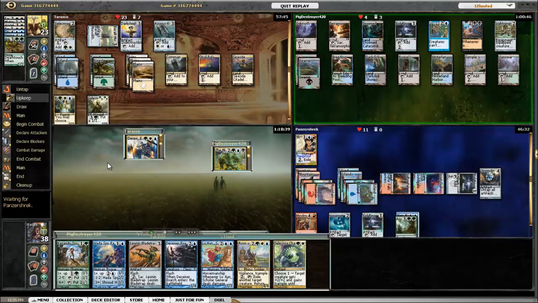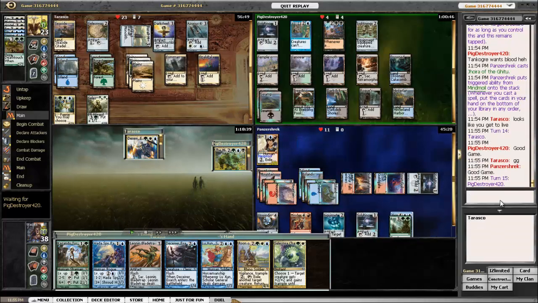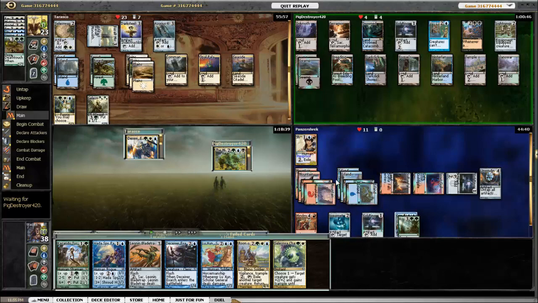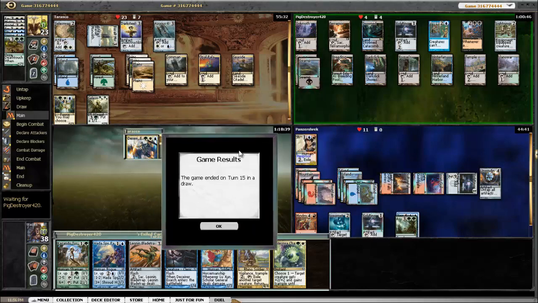What happened? Did I not do it? I can't remember what I did. Maybe the replay's crapping out. What's going on here? Oh, the replay did crap out. No, I won this game. This wasn't a draw. So I ended up killing him